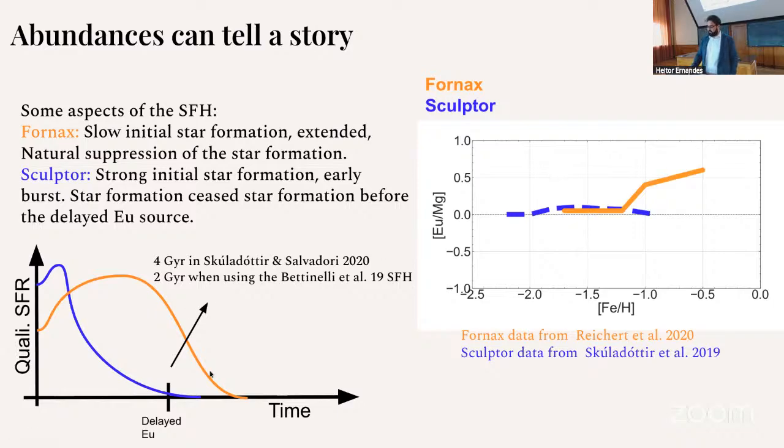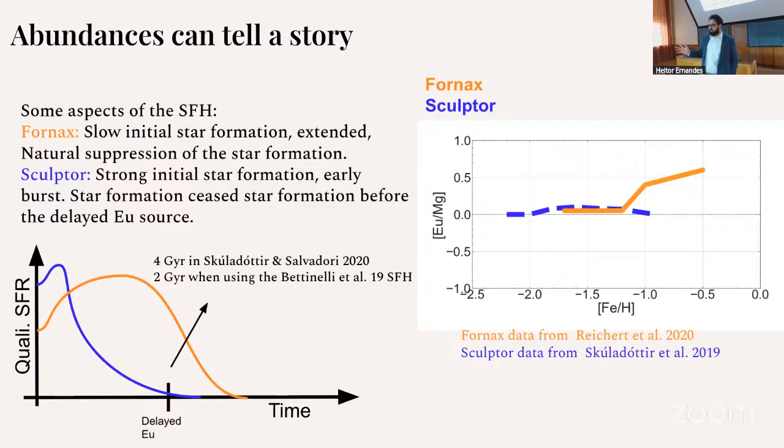However, when it goes longer, we start to see a rise in europium. So something is adding europium. So it's a delayed source adding europium that we cannot observe in Sculptor at all. So the possible explanation is Sculptor died before we could see the result of this delayed source of europium, because we not only need this phenomenon to happen, for example, let's pick a neutron star merger. We need it to explode,